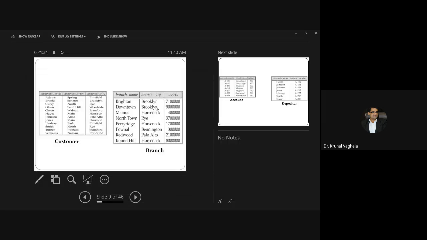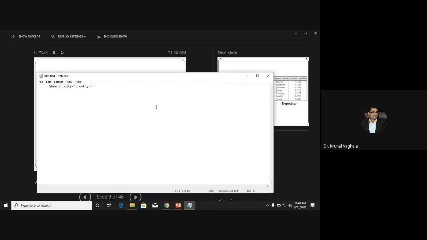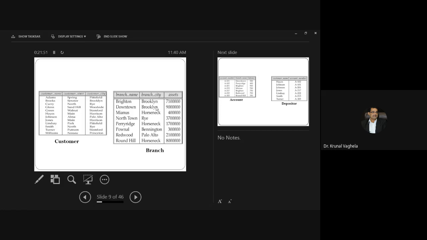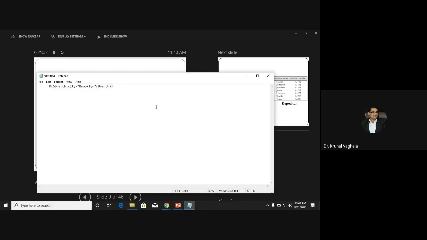From which relation? Branch. From branch, and project what I want, branch underscore name, comma, assets. Ready?